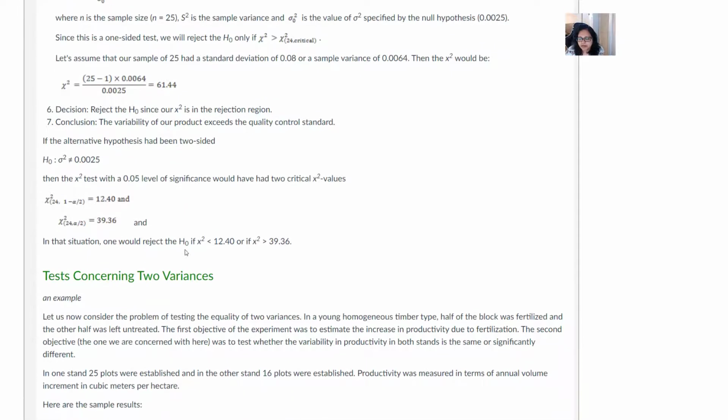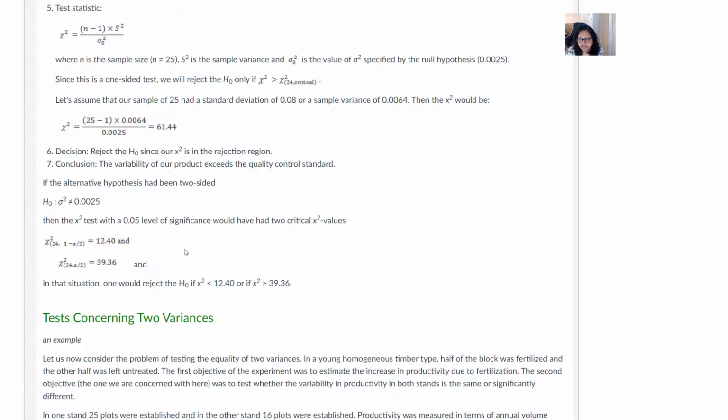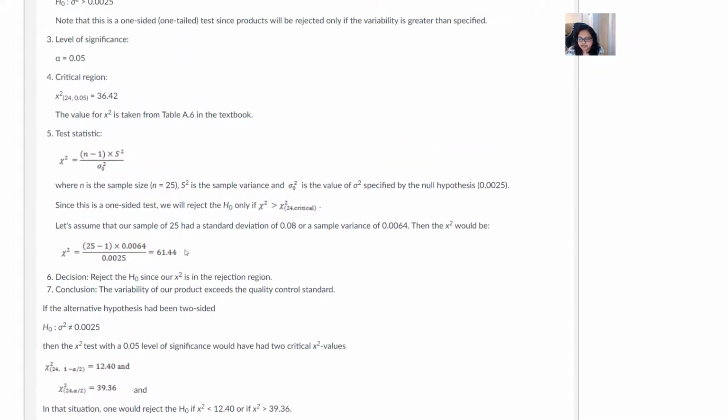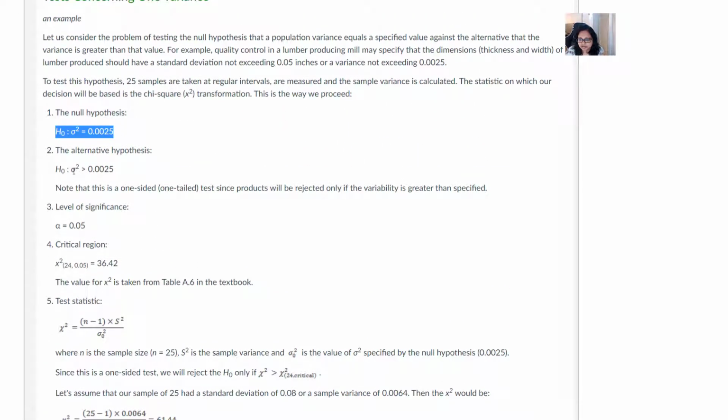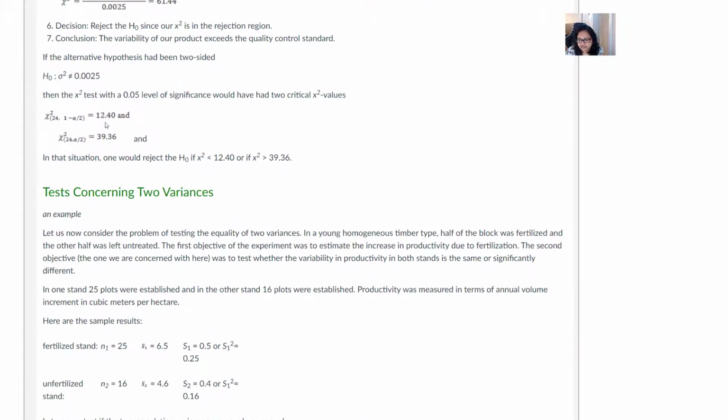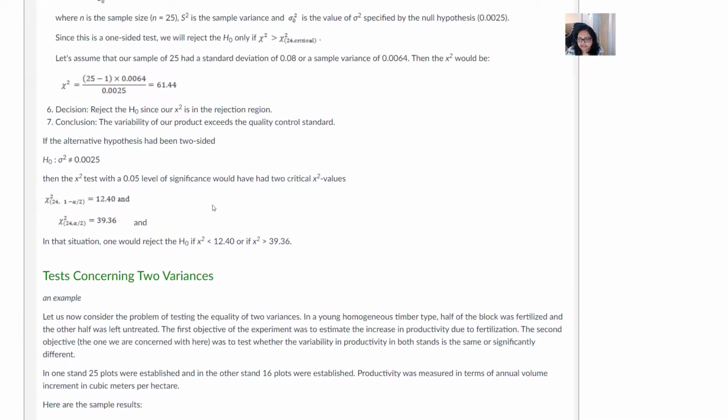Okay, if it is two-sided, then you have to use the other region as well. Since the critical region, or the rejection region, is on the right side, that's why we rejected it. Okay,